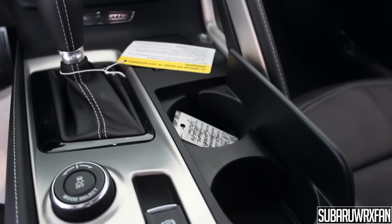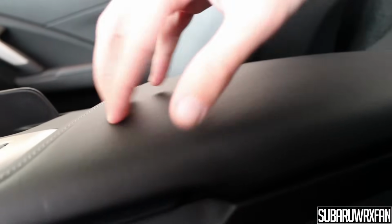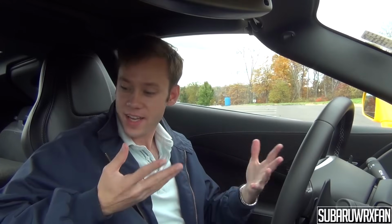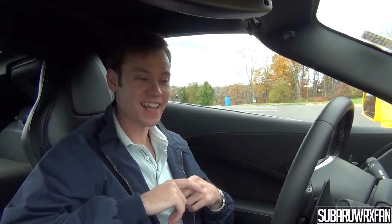You have your two cup holders, you have a little power outlet here that's hidden, you have your center console, and it's very shallow. You can't really fit a whole lot in there, but it's nicely padded and soft, so that's good. And then you would say that that's it. That's all the storage capacity this car has, but the GM engineers have been rather clever, and they've hidden a